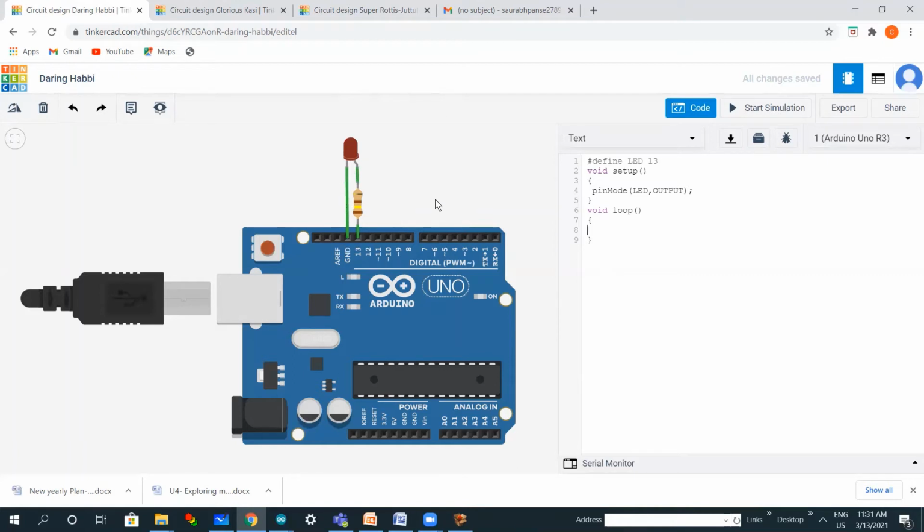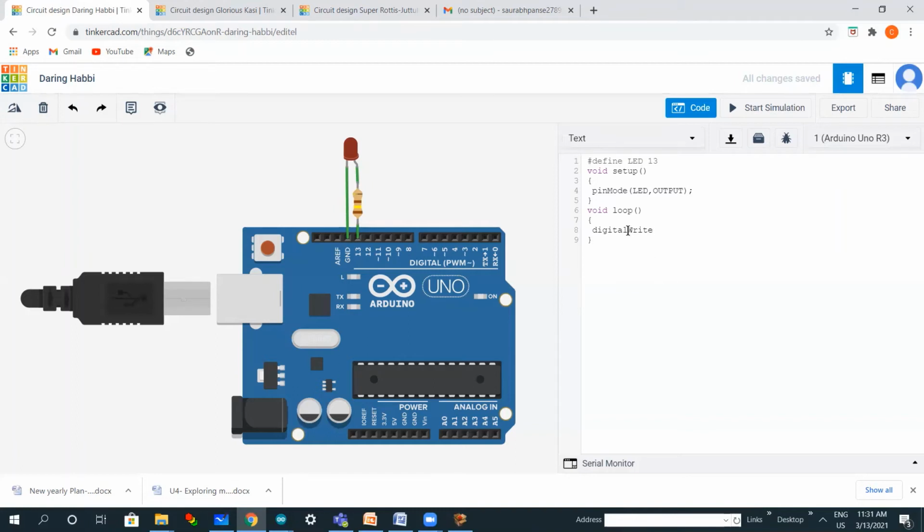The format for it is digitalWrite. Again, the same way, divide this into two parts. The first part being digital, the second part being write, and the first letter of the second part must be capital, as we have written it in pinMode as well. So this is a similar syntax, as you can see.